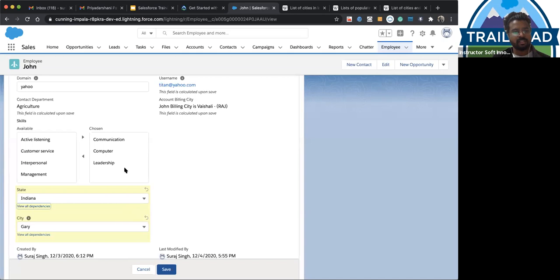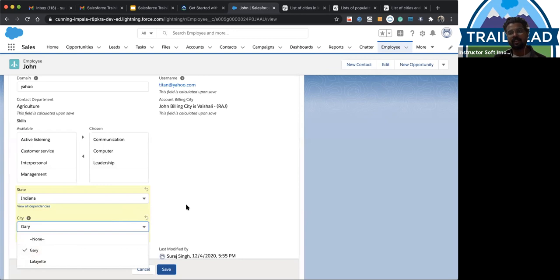With pick list dependencies, we restrict a user on the basis of some other pick list. In this example, we restrict the user: if he chooses state Indiana, then only two options are available, and if he chooses something else, some other options are available.